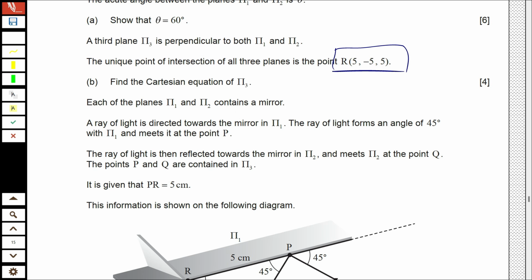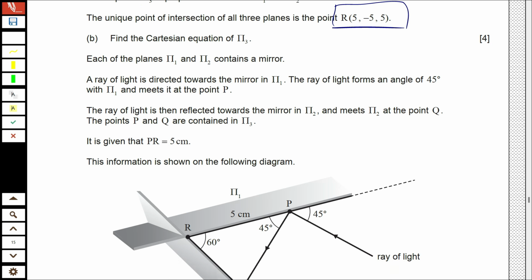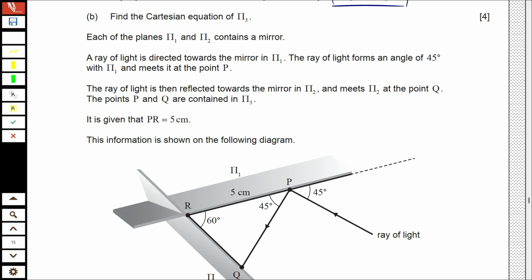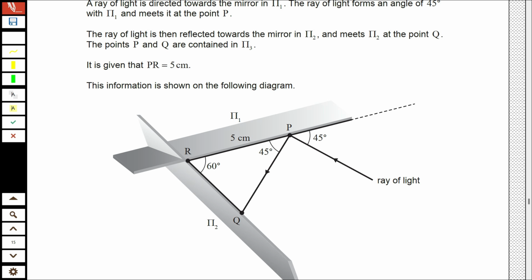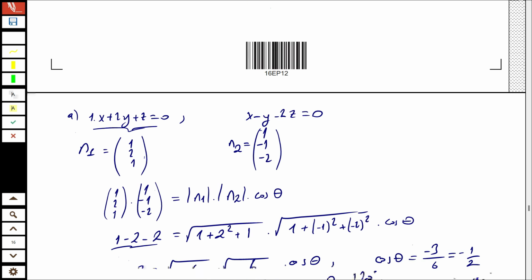And the next question: each of the planes pi 1 and pi 2 contains a mirror. A ray of light is directed towards the mirror in pi 1. The ray of light forms an angle of 45 with pi 1 and meets it at the point P. The ray of light is then reflected towards the mirror in pi 2 and meets pi 2 at the point Q. The points P and Q are contained in pi 3. It's given that PR is 5 centimeters, and as you see in the following diagram,